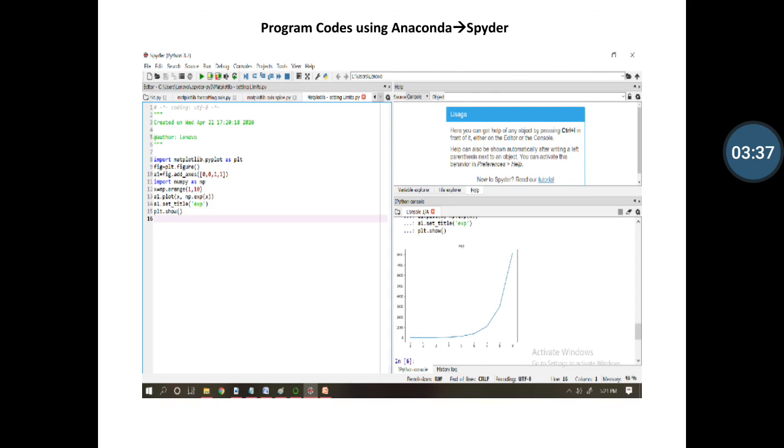It also defines the x limits and y limits as per the code. You can also create the program using Anaconda, Spyder or Jupyter as you wish, or easily use the code.